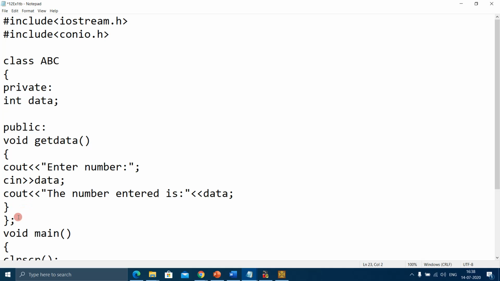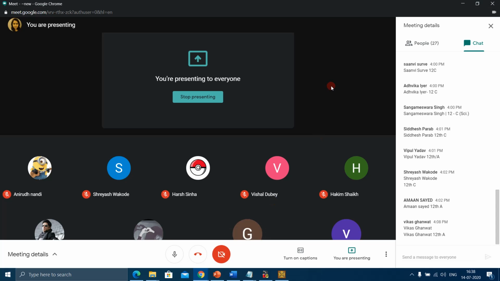I just want you to keep whatever I have explained till here in your mind: how to declare a class, access specifiers, how we can use access specifiers public and private to declare a variable or a function, how to close a class, and that execution of the program always starts from the main function. So this is it for today. We will stop here.